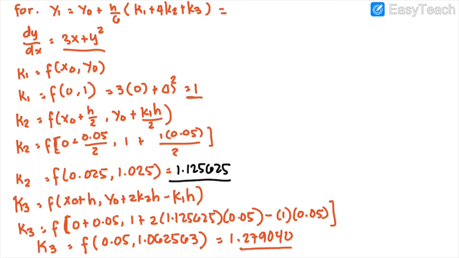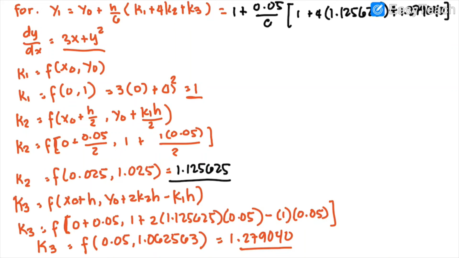So with that values known, we can simply solve for y1 as 1 plus 0.05 over 6 times the value of k1, which is 1, plus 4 k2, 1.125625, k3 of 1.279040. Simplify, gives you the value of y1 equal now to